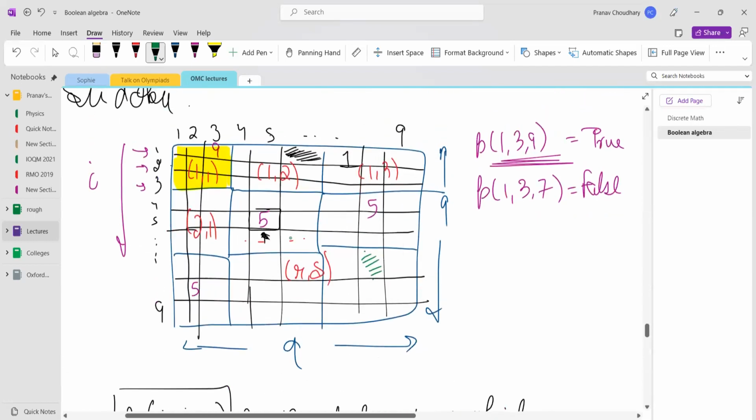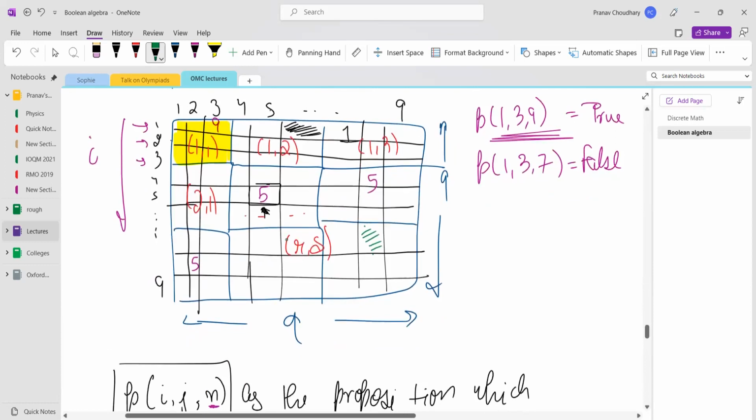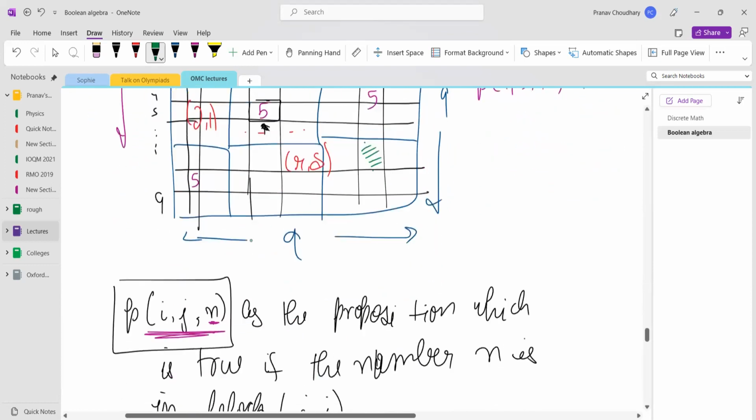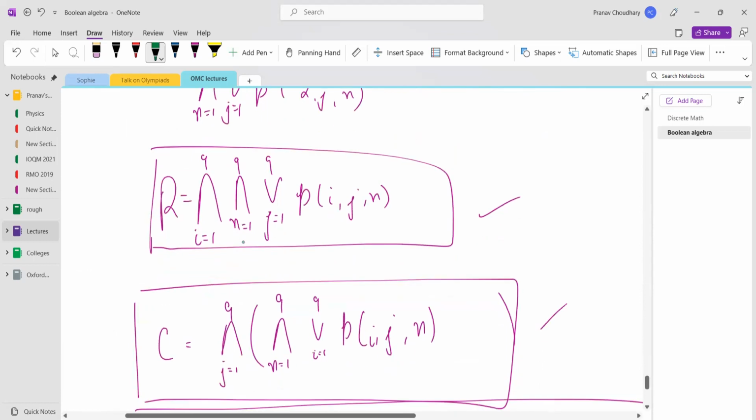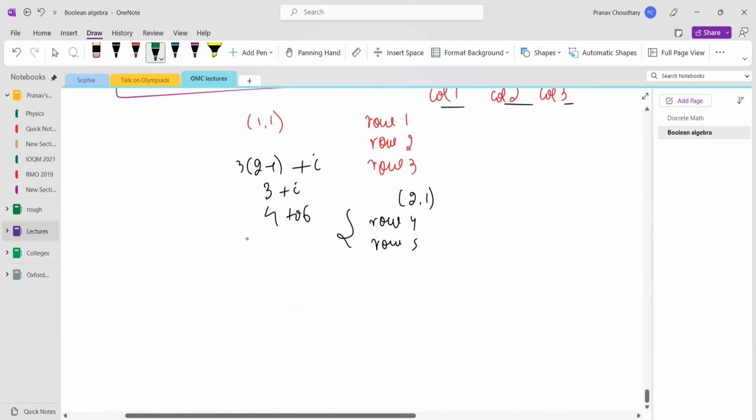Which condition? Oh, 5. Okay, no, I'll go over that condition in the end. So for now, the condition is